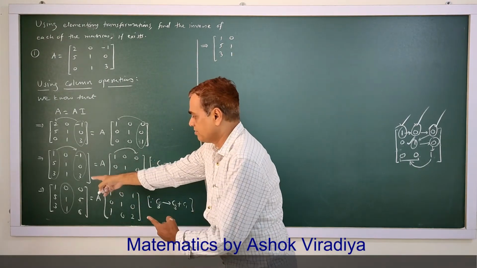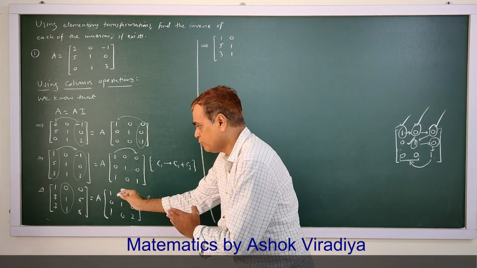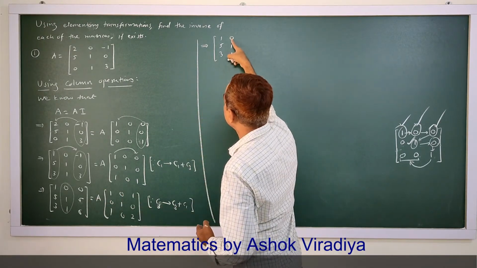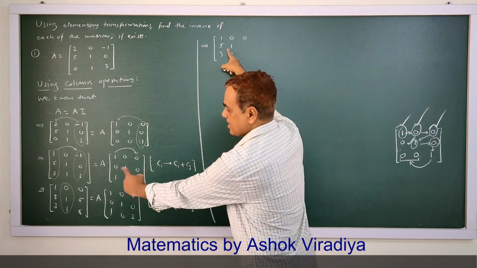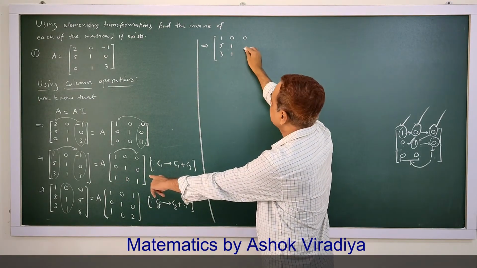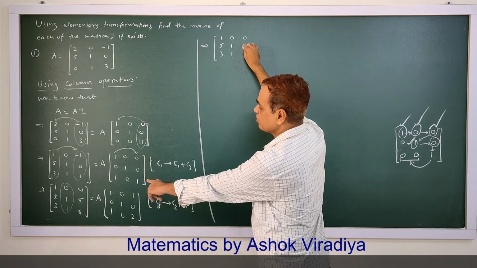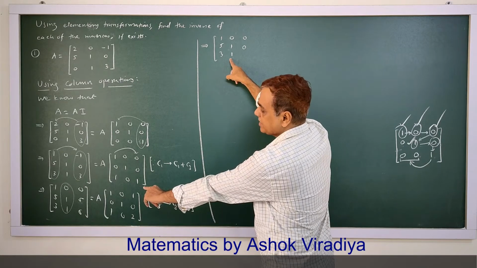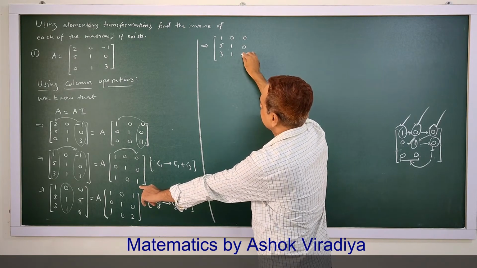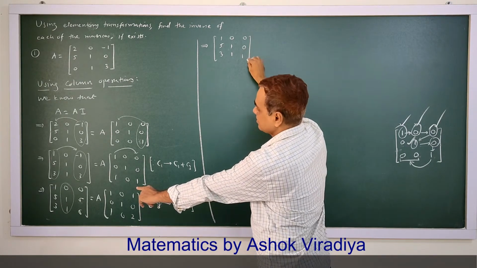Now second column multiplied by 5, subtracting in the third column. Multiplying this by 5, no effect. Multiplying this by 5 and subtracting in the third column, this will be 0. Multiplying by 5, subtracting in 6, 6 minus 5 is 1. Equal to,